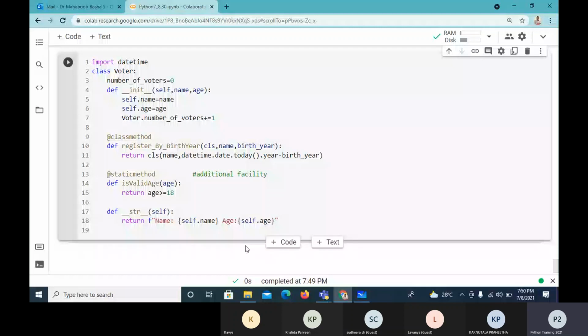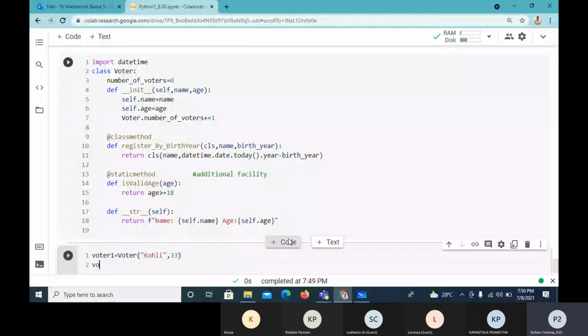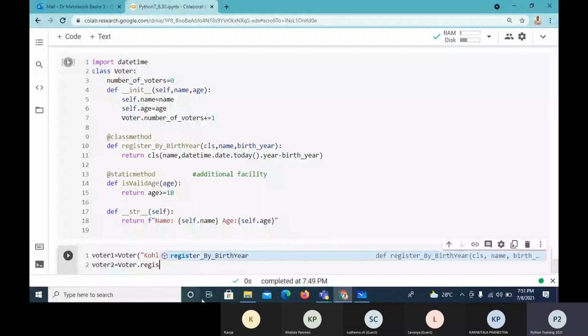Now I'll create a series of voters. So I'll say voter1, a voter. I'll pass a name, Kohli, with age suppose 33. And voter2, I want to create with the date of birth. This is direct registration; the first one is direct registration.